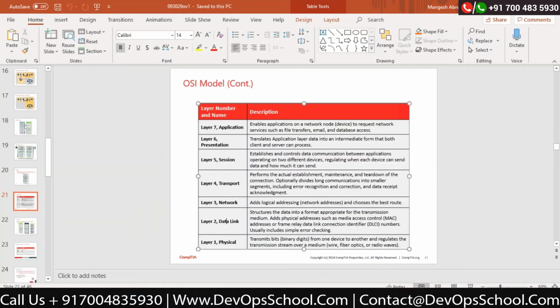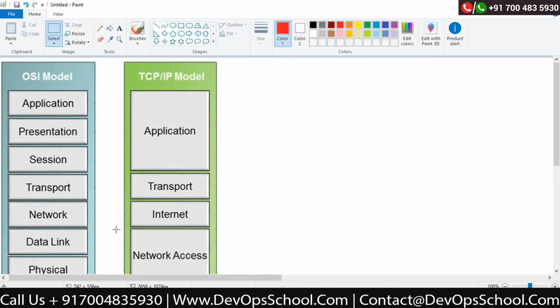It says: adds logical addressing, network addresses, to choose the best route. This is a function of what? Network layer. Correct? This is a function of the network layer.